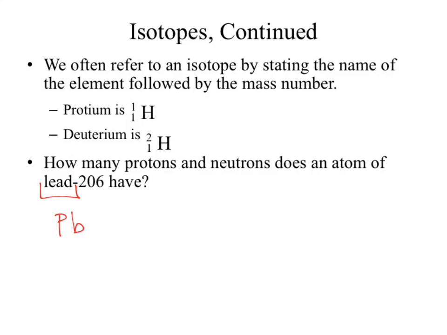Where does the 206 go in our notation? What's the last piece of information we would need? We need the number of protons, so our atomic number. We'd find lead on the periodic table. It's 82, which means the number of protons is